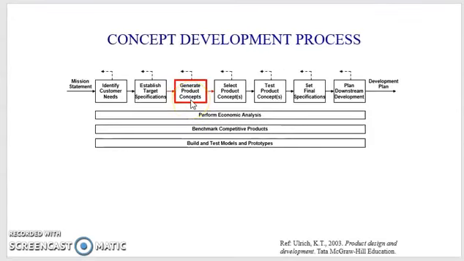The concept generation process begins with a set of customer needs and target specifications. These activities were already discussed in the previous video on benchmarking and establishing target specifications. In most cases, an effective development team will generate hundreds of concepts, of which 5 to 20 will merit serious consideration during the concept selection activities.